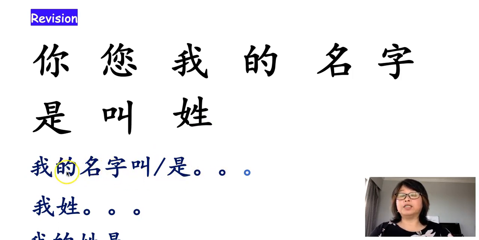For example, 我的名字叫 Matthew. Or we can say 我的名字是 Matthew. 我姓陈, my surname is Chen. Or 我的姓是陈。